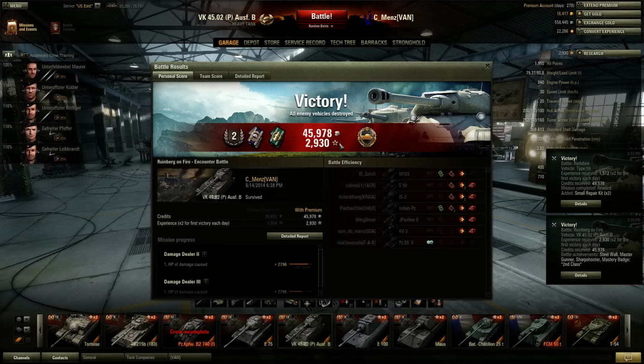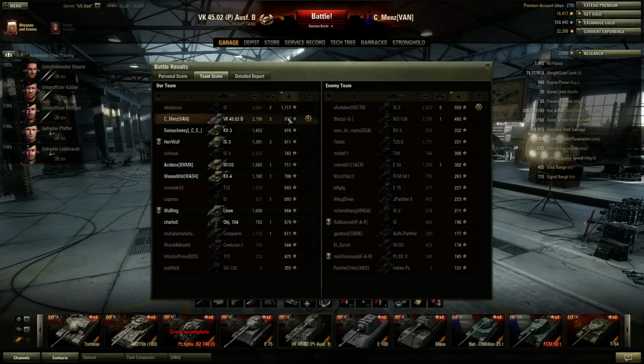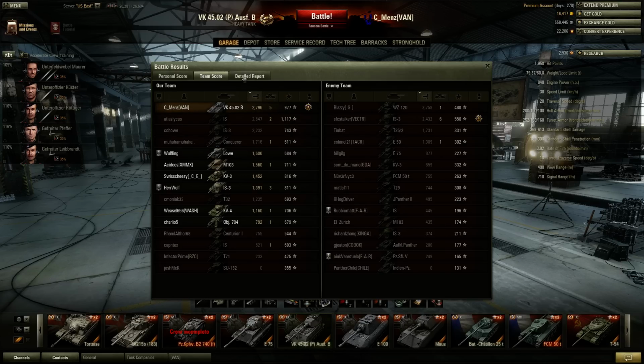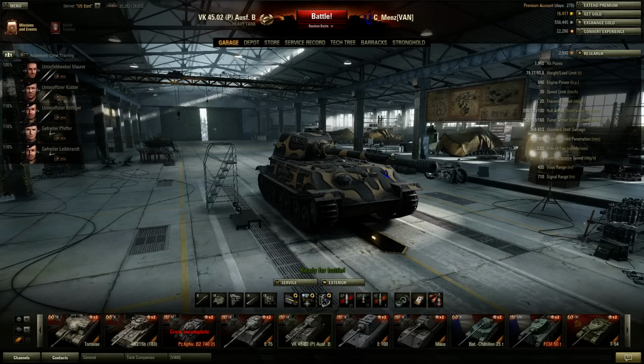Mastery 2nd class, got Steel Wall. You can see here, got the most amount of damage on my team, 2,796. Destroyed 5 tanks. Didn't get the most amount of experience. That IS as a tier 7 did a great job. And then I blocked 4,830 damage, which for the VK, especially if there's no tier 10s, especially tier 10 TDs,